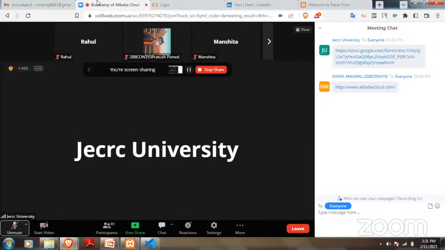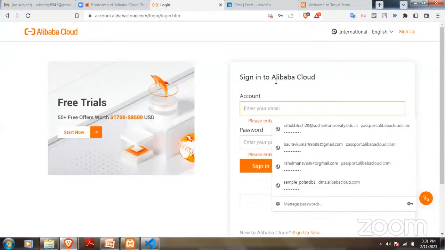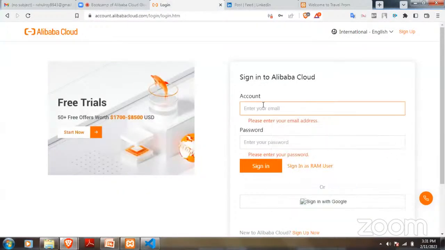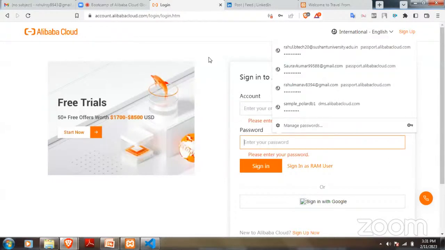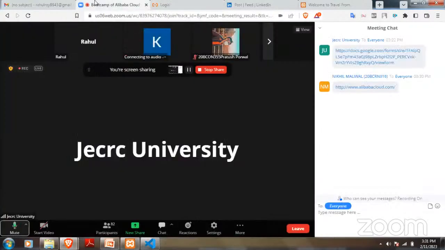So I think many students have already created an Alibaba account. Actually, I need their email ID, like account ID, and their password of the Alibaba account, so that I can show them how to proceed further after creating the account, like how to register for this hackathon and how to create the instance and all. I cannot show from my account as I have already created my instance and all. So I need someone else's account to show them, right?